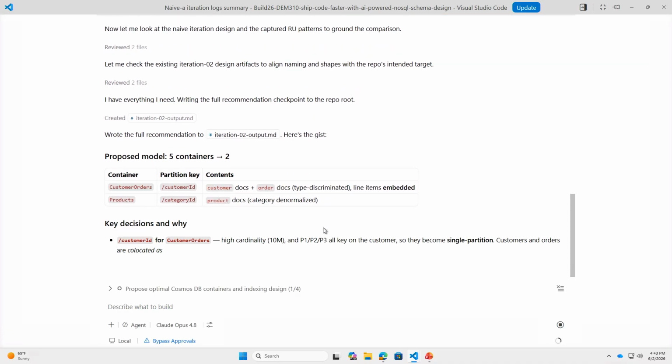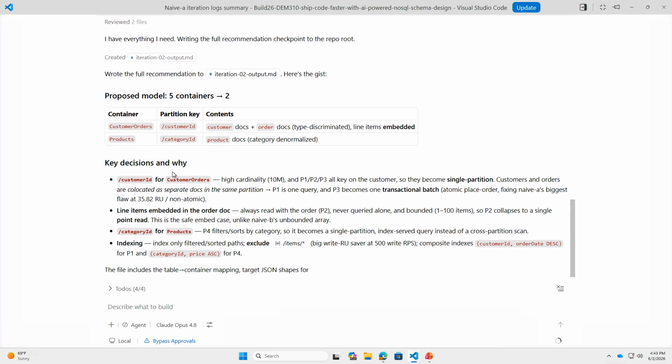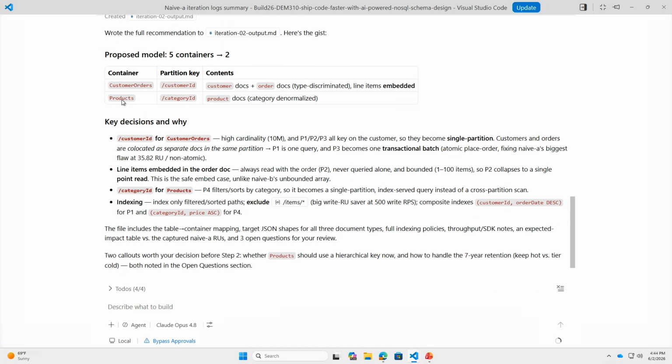So it finally came up with a model. Now you see that instead of a container per table model, it's actually recommended to collapse domains for customer and orders together, and products and categories together. Customer orders are partitioned by customer ID, which gives you customer docs plus order docs with a type discriminator. Line items would be embedded in the order document. And in products, because they're accessed by category ID and there is not enough requirement to separate them from the access patterns, we can package them up in a category ID